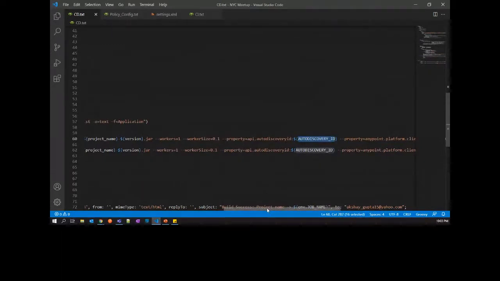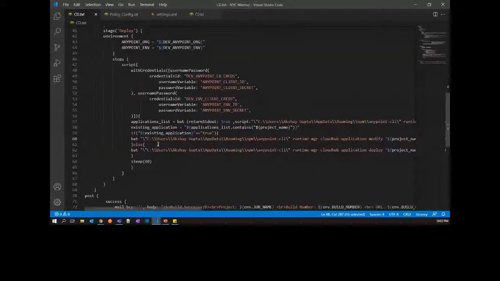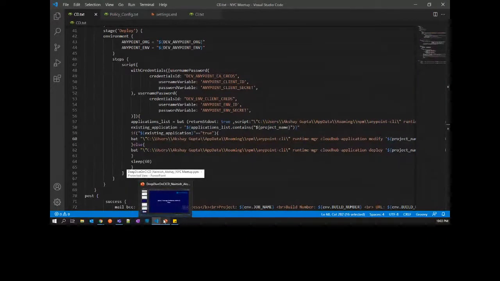Basically, the CLI command gives you the flexibility to send a property or modify a property of the API ID. So as part of policy config, if you see, I think 1, 2, 3, 4, 5, something like that, we have given hard coded values first, and then it will pick a dynamic one and set it to the CD job. That's it.